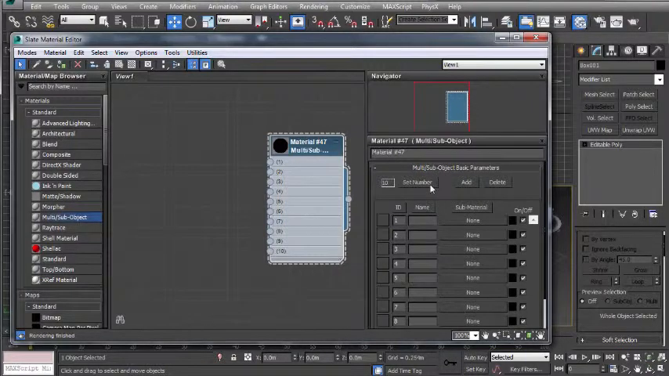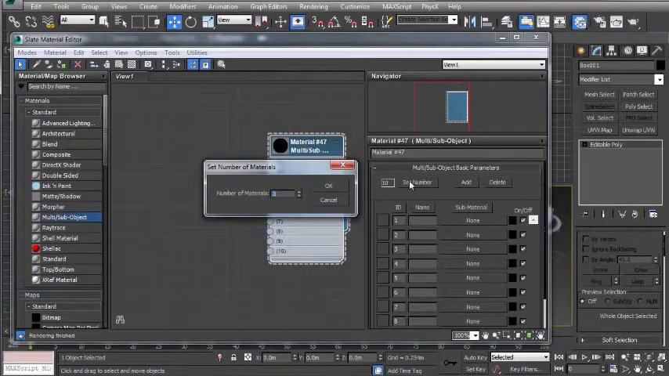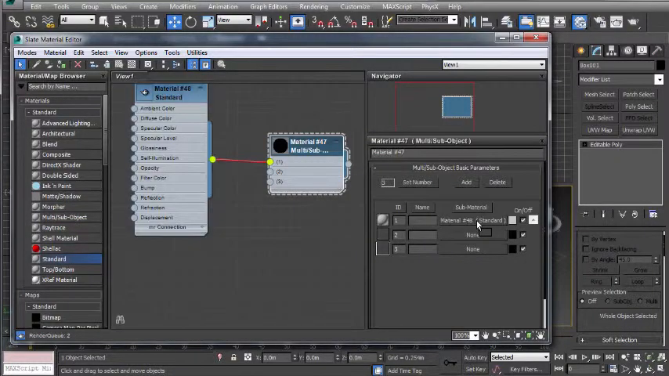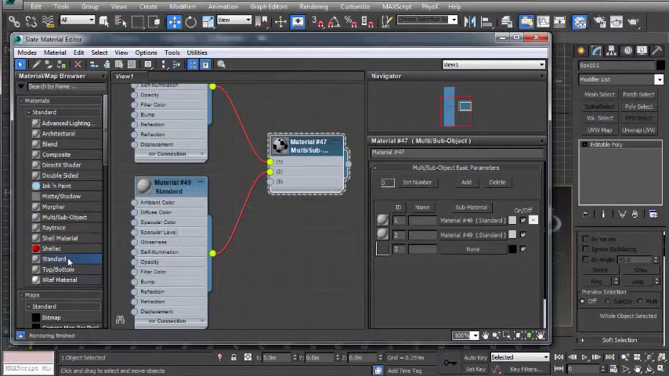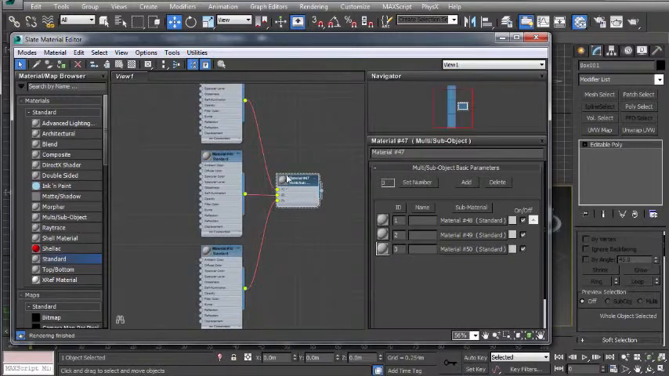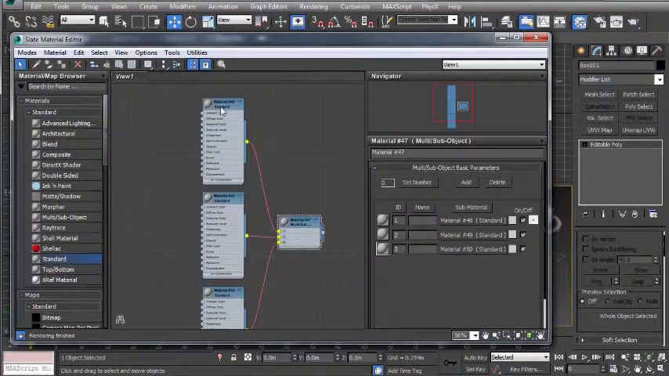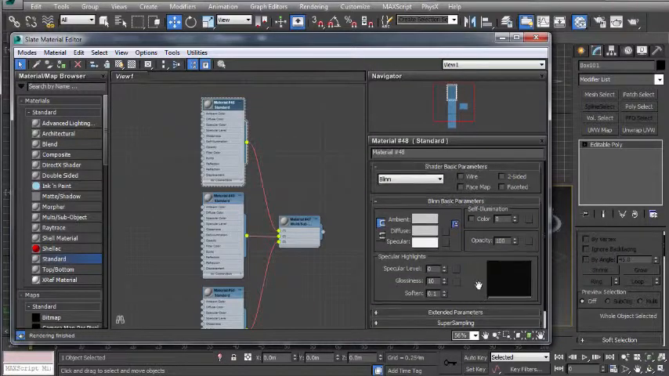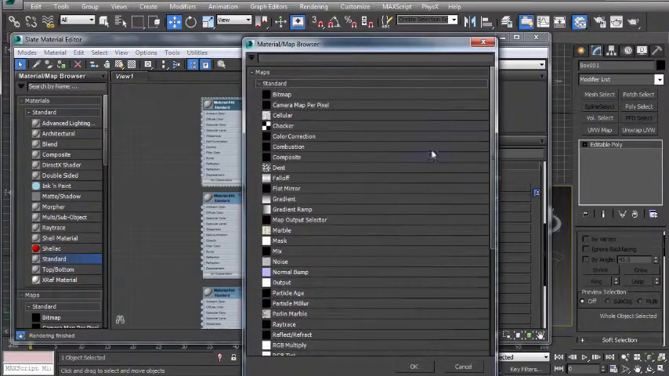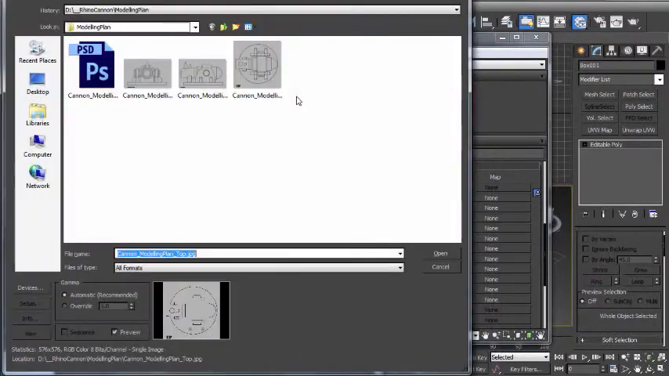In here we want to set the number to 3. OK, and for each one of these slots we want to click and drag a standard material over to it. Now that we have these, I can double click on the top material, go down to maps, where it's got diffuse color, we want to click on none and choose bitmap, and let's choose our top view,